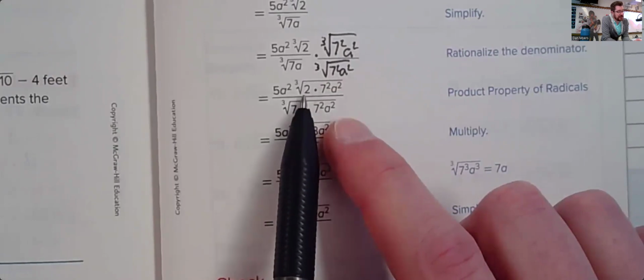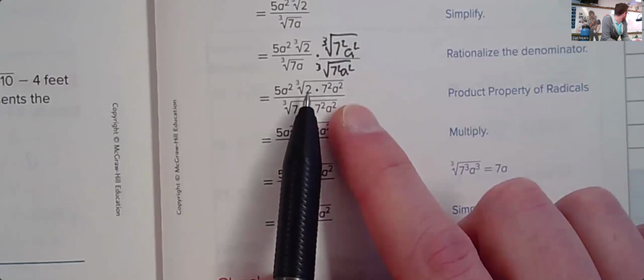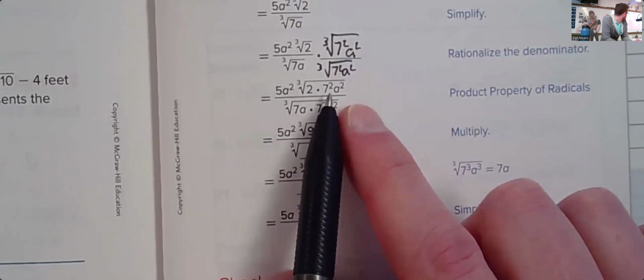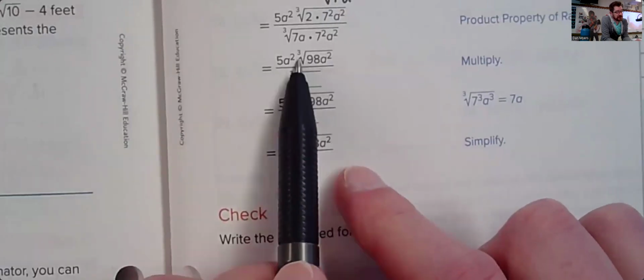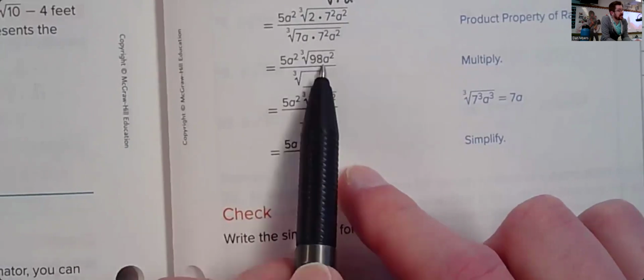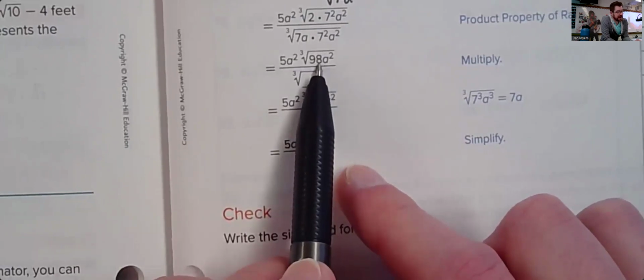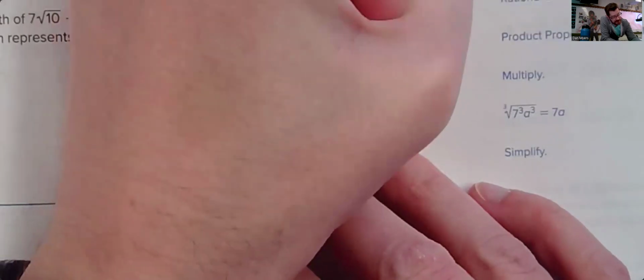So if you multiply the cube root of 2 times the cube root of 7a squared, that's the cube root of 2 times 7 squared a squared. All right. So on the numerator, you get the cube root of 98a squared. 7 squared is 49. 49 times 2 is 98. That's where that comes from. A squared is just a squared. On the denominator, we get 7 cubed a cubed,